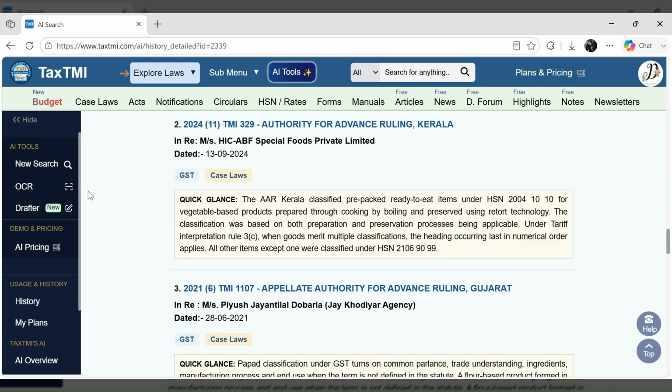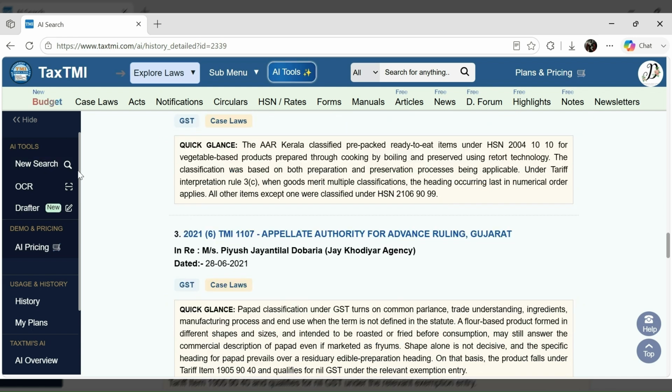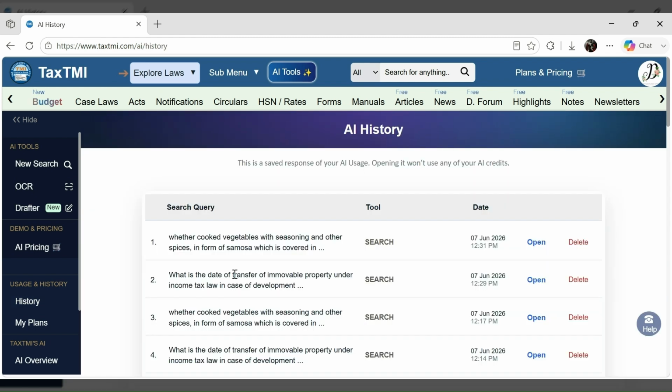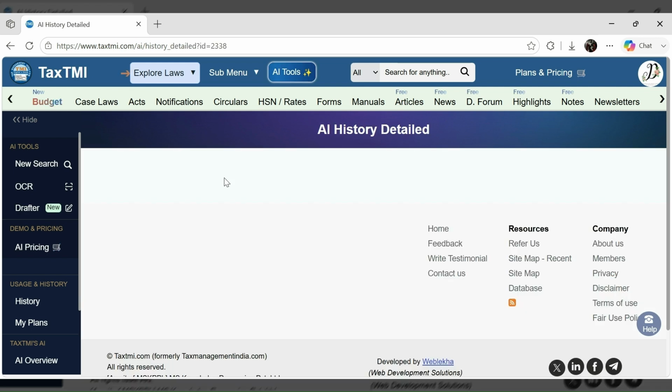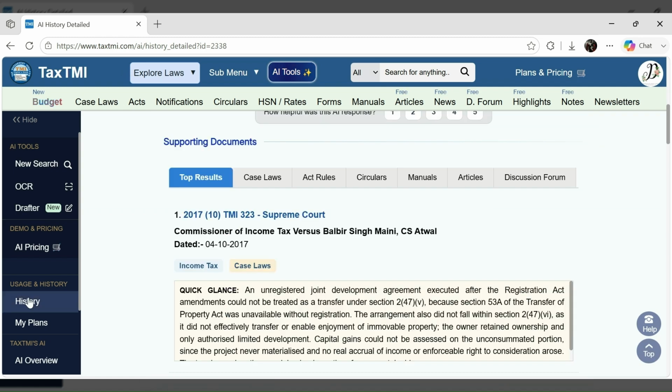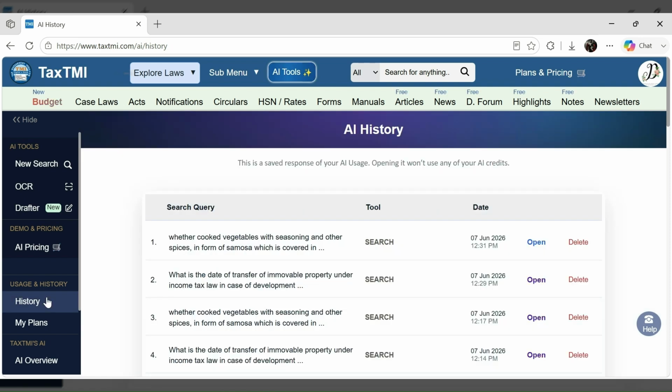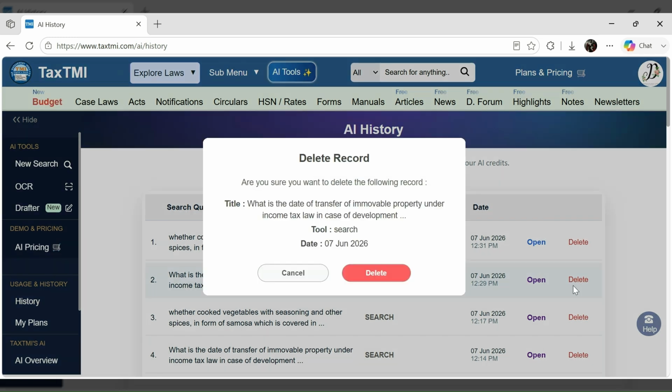So we have seen both of these searches, and if I wish to know what my previous search was and what the results of it are, I can go into the history and open it, and the results will come up. This is also an add-on feature which some tools do not give, but it is quite useful because we sometimes prefer referring to our previous searches. And if I do not wish to show or view it again, I can delete it.